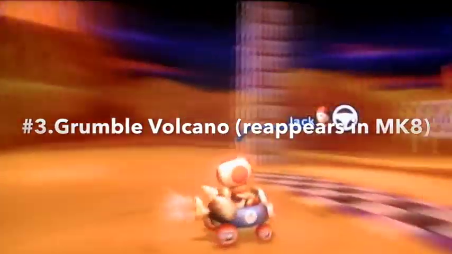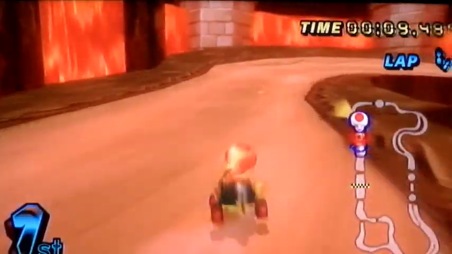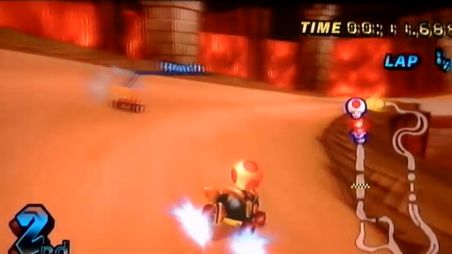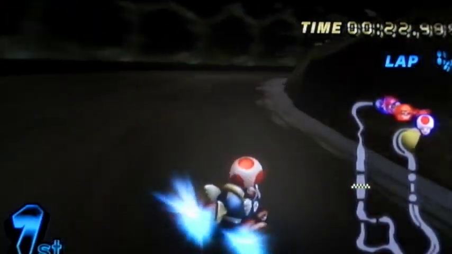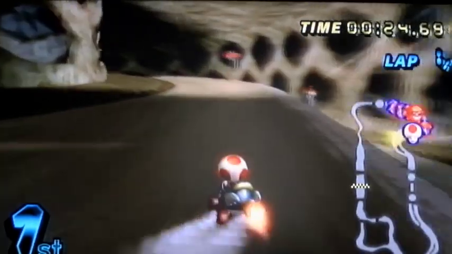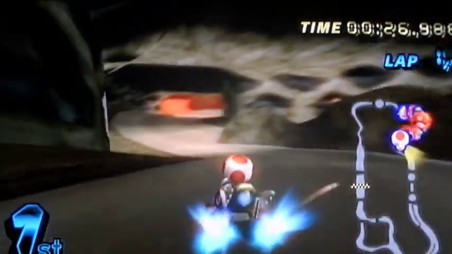Rumble Volcano has been set to reappear in Mario Kart 8. So it starts off where you go through a volcano. Then you enter a cave, which splits into 2 paths. Then after that,